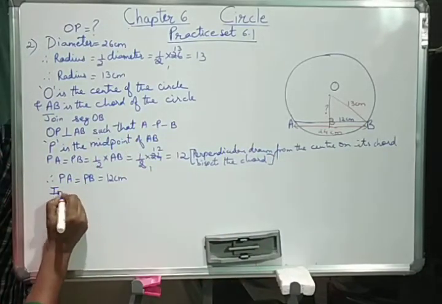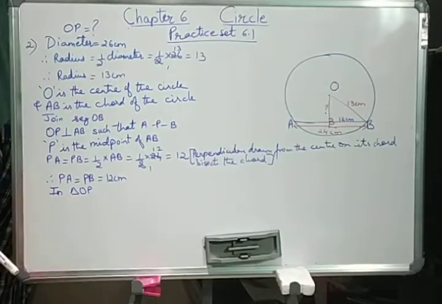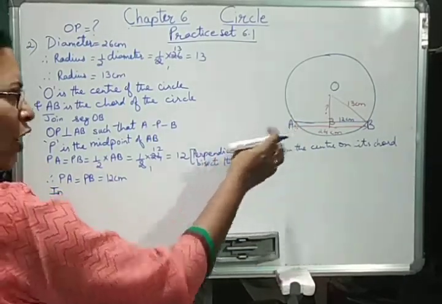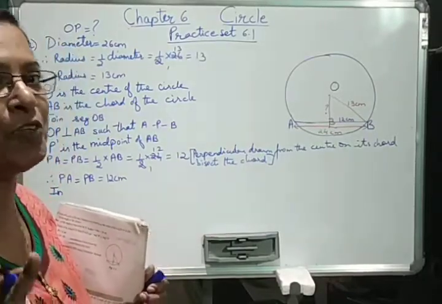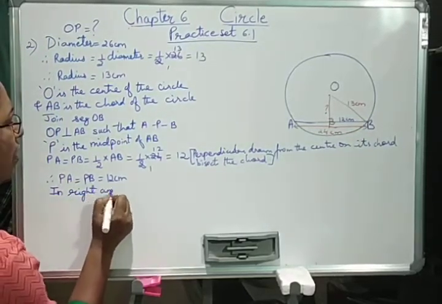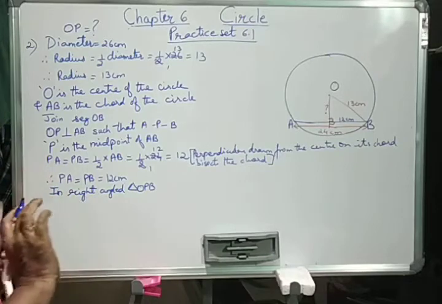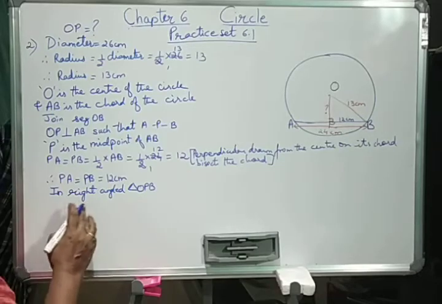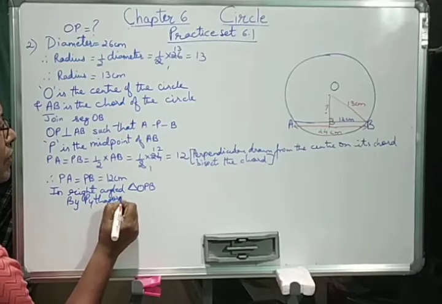So now in triangle, which triangle? OPB. You can write down in right angle triangle because it's a right angle triangle. You can also write down in triangle OPB, but then you have to mention the angle OPB is equal to 90. So I am writing in right angle triangle OPB. Then there is no need to write angle OPB equal to 90, already we have written. So by Pythagoras theorem,